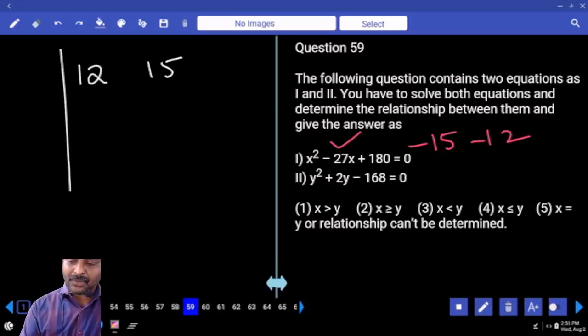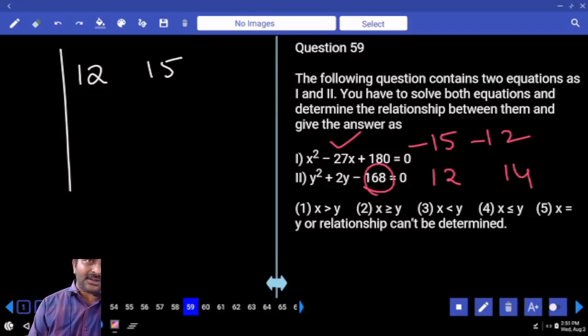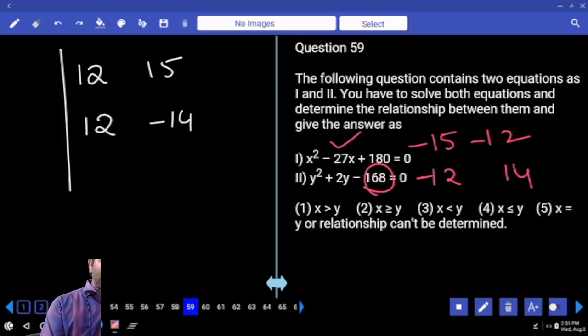Yes. 168. 168 can be written as 12 14 times only. This is 169 minus 1. 13 square minus 1. I told you already to identify the nearest square. Correct. Now combination is minus 12 plus 14. Factors are plus 12 minus 14. Y is negative, X values both are positive. Greater condition, equal condition, greater condition. So X is